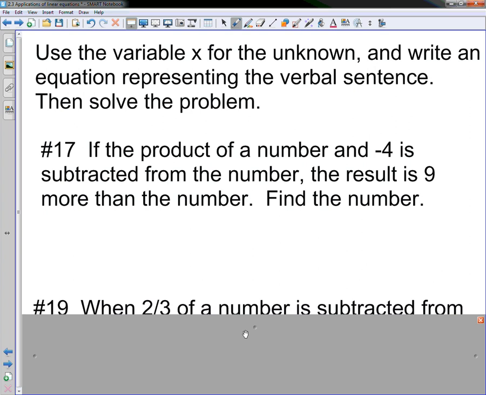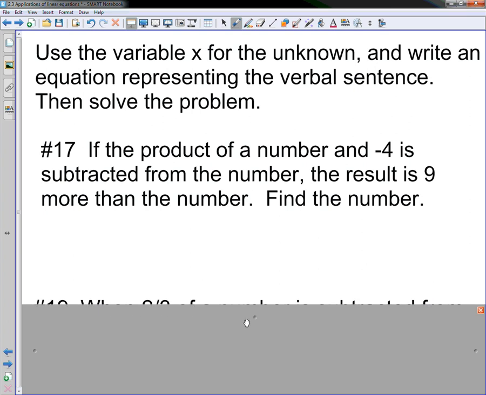Let's look at one where we're using the variable x, and we want to write an equation this time, not an expression. So our equation is going to have an equal sign in our problem. We want to go through and identify where our equal sign needs to be. So again, let's look at what we have. Okay, so it says